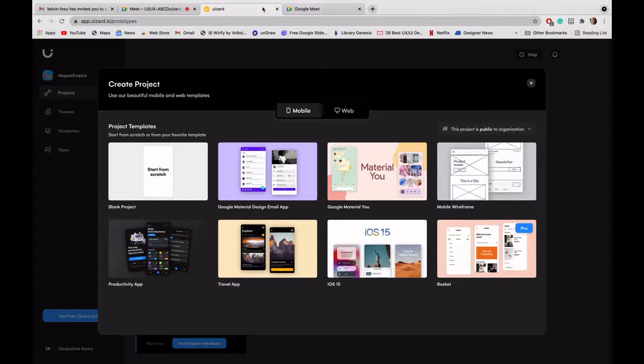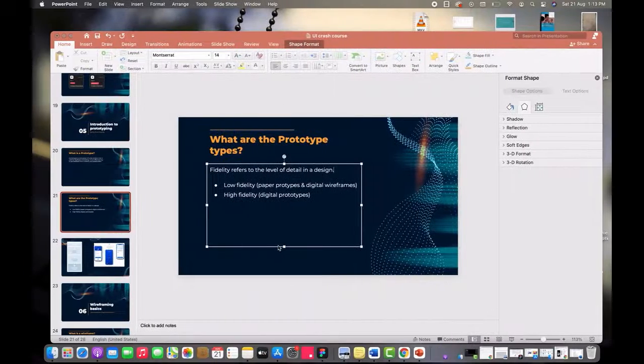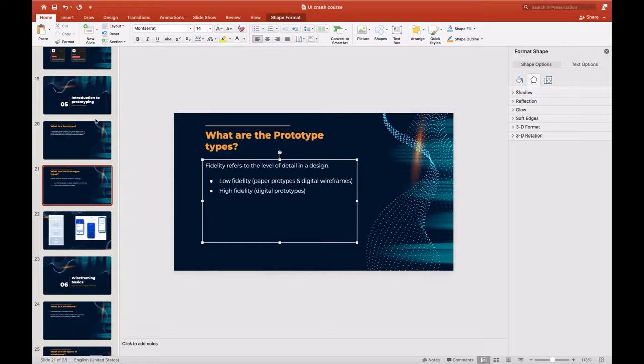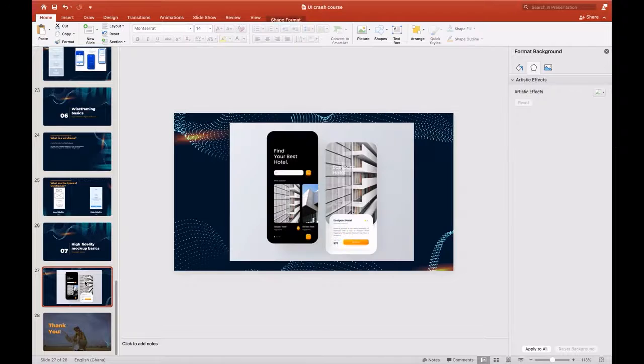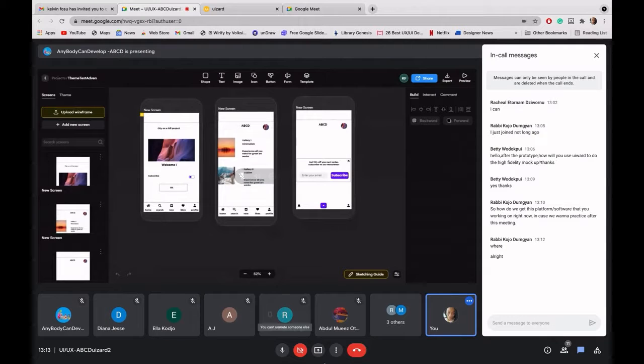Okay, so moving on. As I said earlier, the last image we saw in my slides, we are going to design that here, which was the hotel booking, a simple hotel booking application. So let me share my